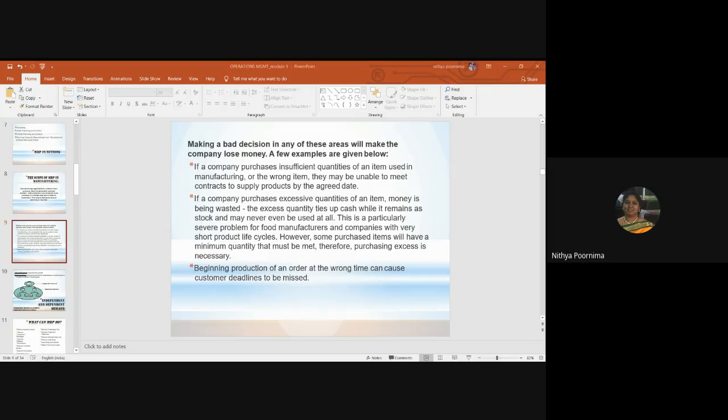Boys, are you getting the point? Yes, ma'am. This is how materials play an important role. Before you get your orders, we should make sure that we will have a sufficient amount of raw materials before we put them into process. That's why aggregate planning and the master production schedule play a very important part before we move ahead.